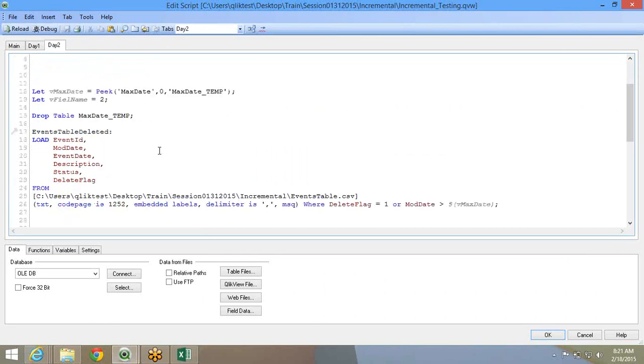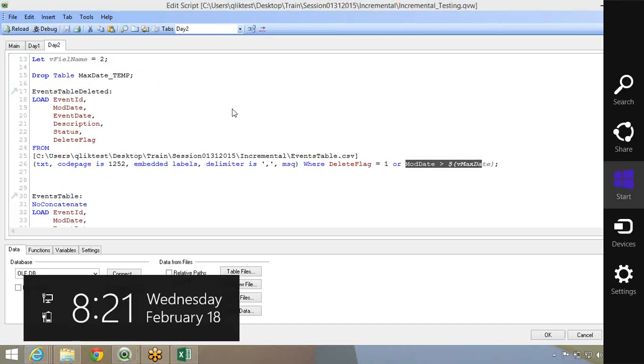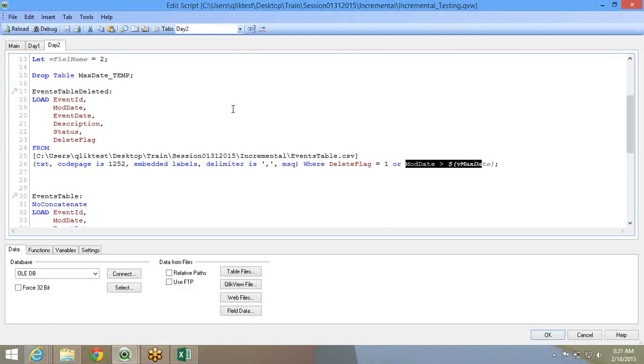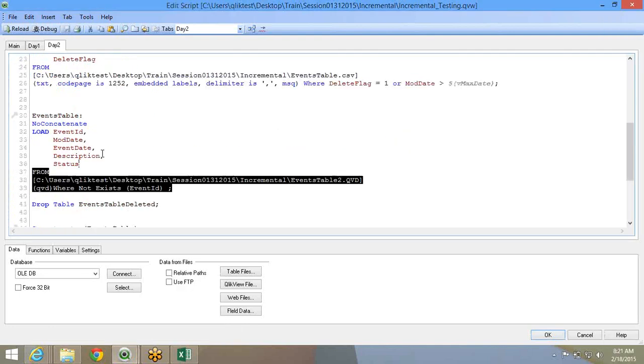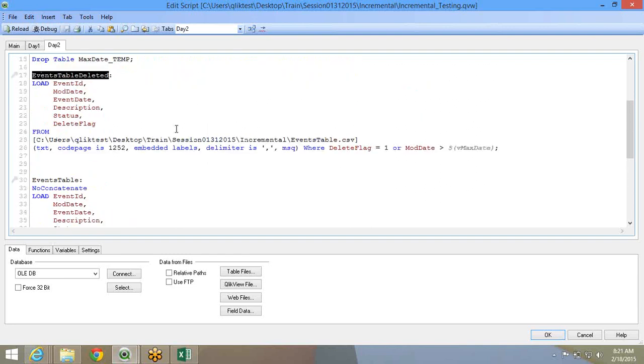So I find out the modified date. First thing I do is I load all the deleted records. That is 5 records, I will load this delete one, and mod date is going to load me 2 records. So I get deleted and modified. I get 7 records. Now those 7 records I will eliminate from the events table. So my existing QED, day 1 QED, right? This is my day 1 QED. I'm deleting it. Now I drop off this first table that I load.